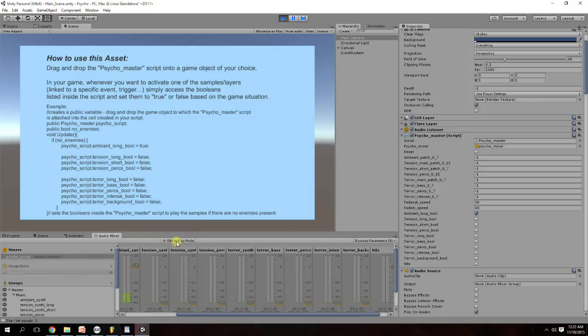Then, whenever an event is triggered, set the Boolean value of the Psycho master script to be true or false based on the desired intensity level. Since I'm manipulating the Boolean values with my mouse, the transitions are not as smooth as they would be using